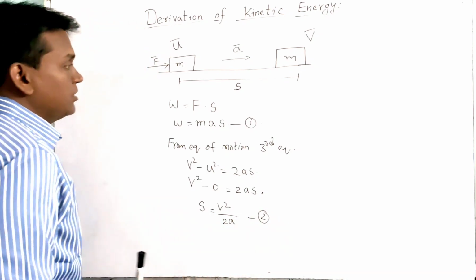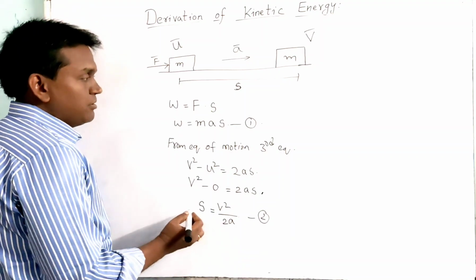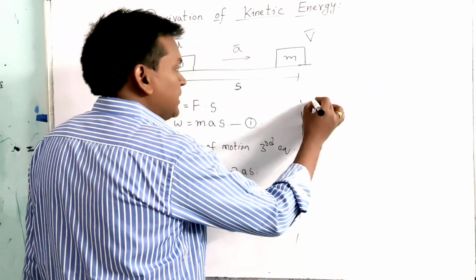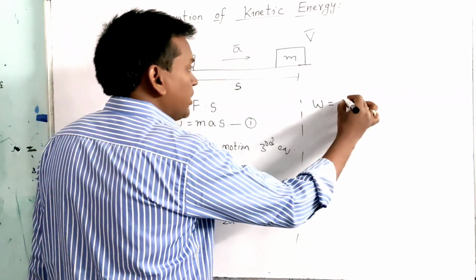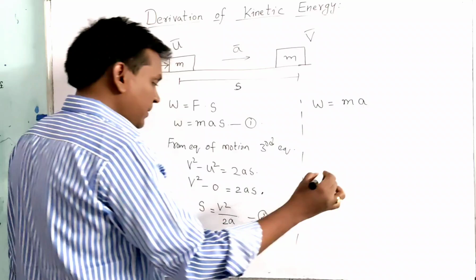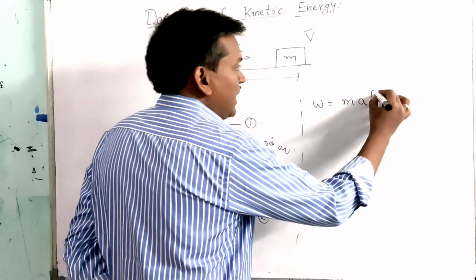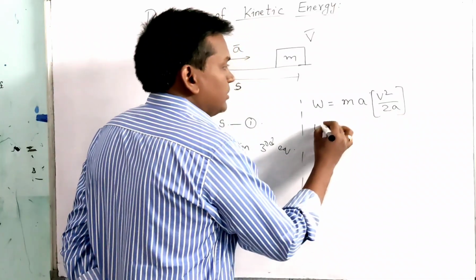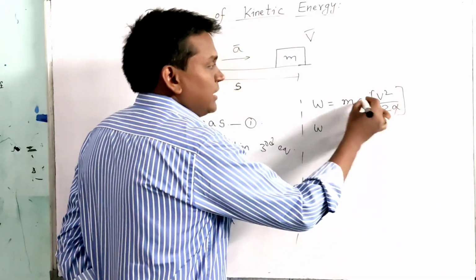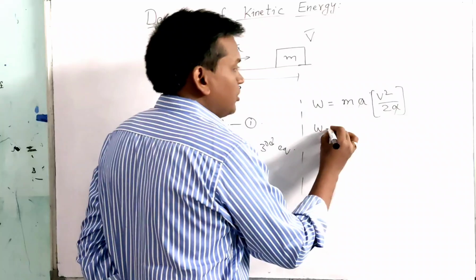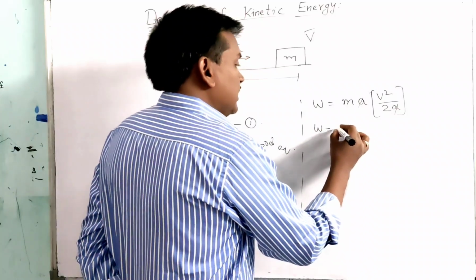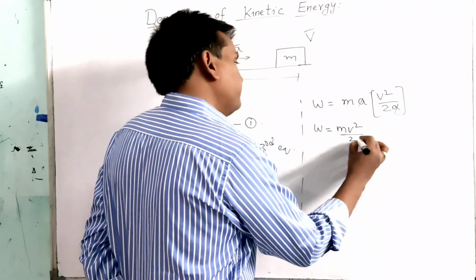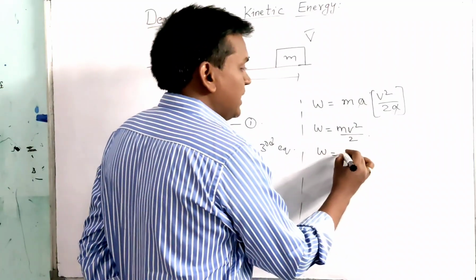Now put equation 2 in equation 1. That means the displacement value s, you place that in equation 1. So we will have work done W equal to ma, and instead of s, we can write v square upon 2a. Here we can see that a will get cancelled. So work done W equal to mv square upon 2,